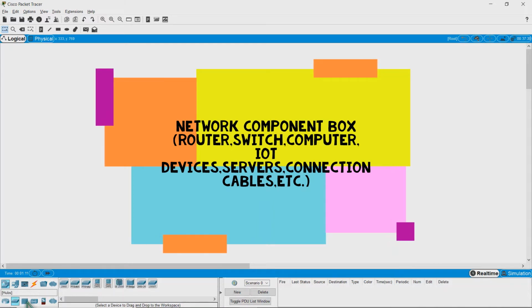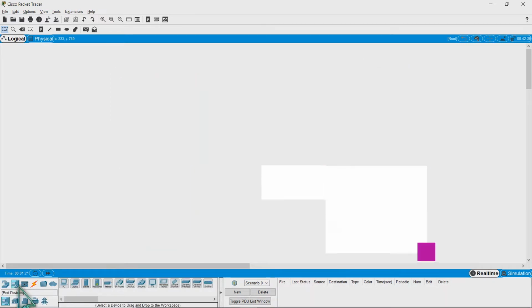So nandito lahat, switch, hub, servers, access point, router, yan, pati firewall, even computer, laptop, TV, smartphone, mga IoT devices, sensors, ayan, Bluetooth, Wi-Fi, everything